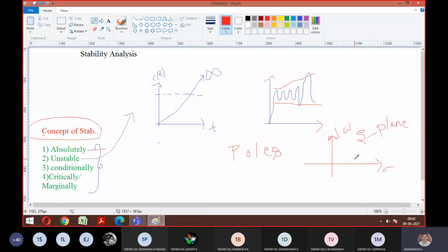So what I'm telling is, if we find any closed loop poles, I can represent the poles with the help of a cross mark. So we will represent the poles like this, a cross mark, and zeros with a bubble. So this is the representation. Just remember this: zeros will be represented like this, and X represents your poles. If you find the poles in any closed loop path present towards your RHS, then the system is said to be unstable. Am I clear?